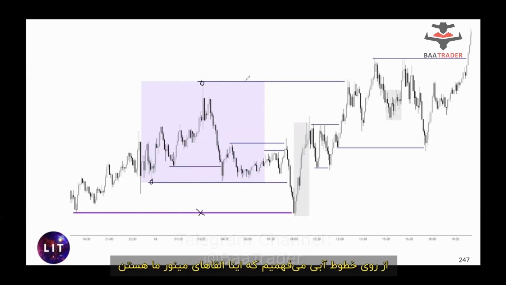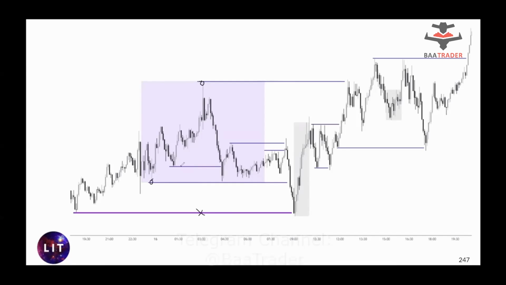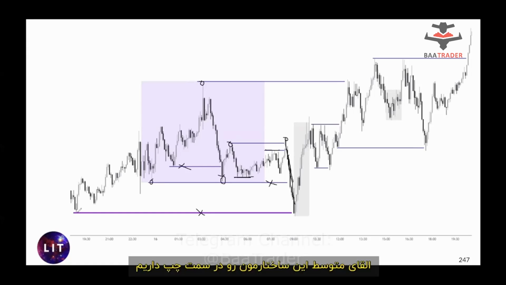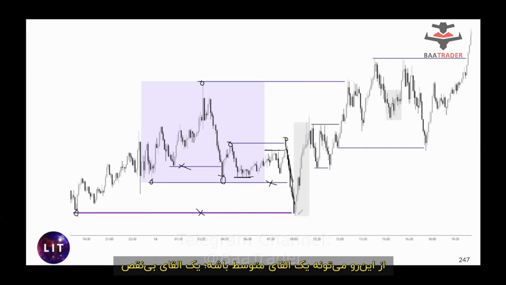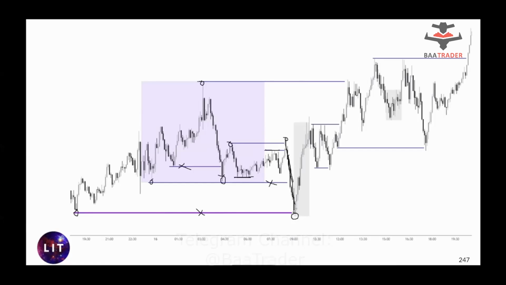We know those are minor inducements, hence the blue lines on those. What we have here is the inducement of structure of this point right there. And then, of course, we even have fractal lows again. Again, structure over here gets induced with equal highs. We induce low now, take out the lows, take out the structure, continue, have our medium inducement of this structure to the left, which is the previous day, hence it can be a medium inducement, perfect inducement, again, with our